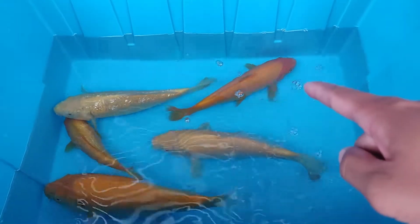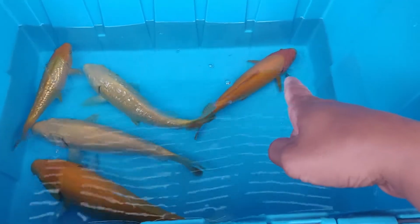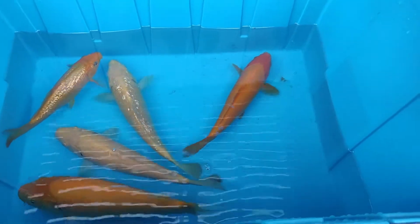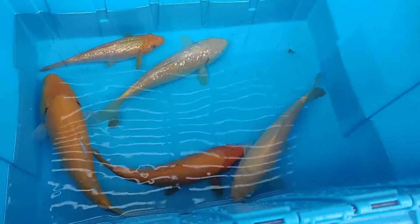And then the other 4 are Karashigoi. I know that one looks like a benigoi, but I was told that's a Karashigoi. Sold by Torazo. Likewise, all the 4 are sold by Torazo. I got these about 2 weeks ago and dropped them in the tank, and now that I netted them out, I've already noticed a big difference. Clearly, prior to getting into the pond, they were under quarantine, so underfed and thinner. But they bulked up, put on a little size, maybe grew like half an inch, and